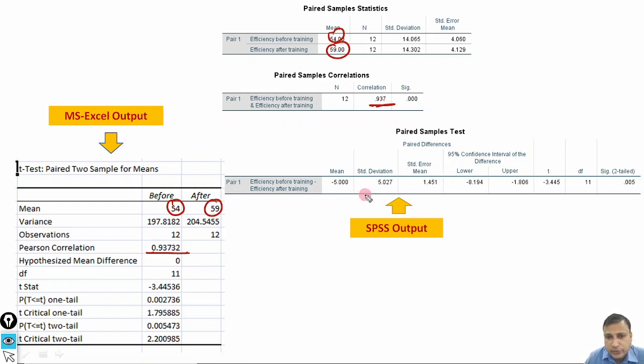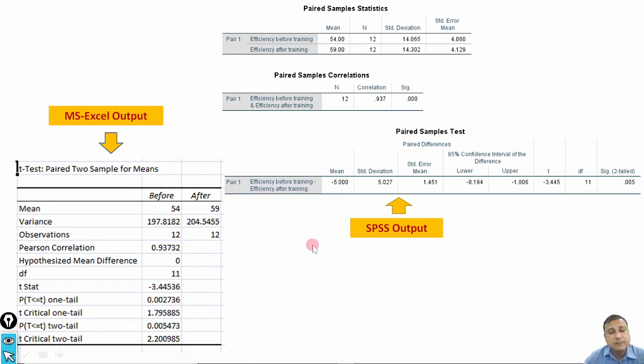Now here again the significance level, the p-value: how much is the p-value? 0.005 for two-tail. What about the t statistic? Minus 3.445. So whether you go to MS Excel or SPSS, the results are the same, only the way they appear, the design, differs, but they will lead you to the same conclusion.